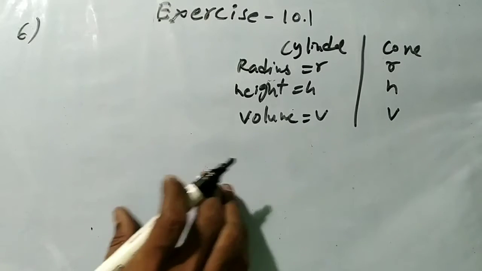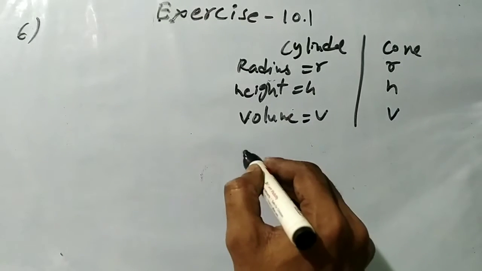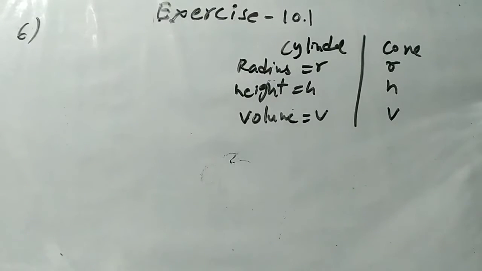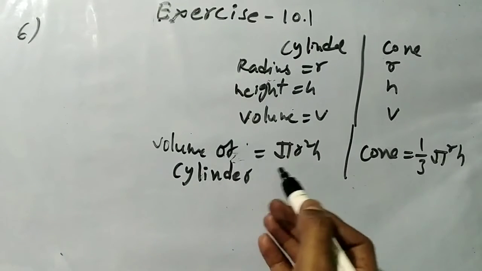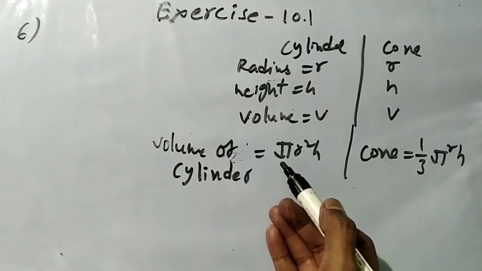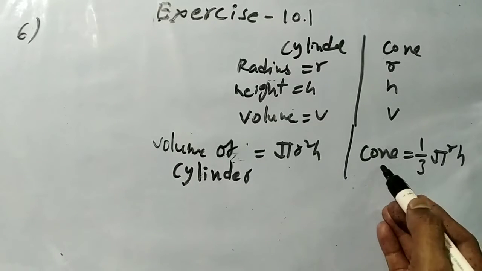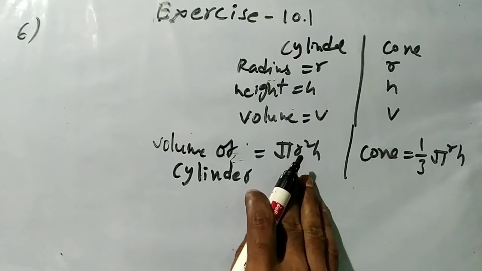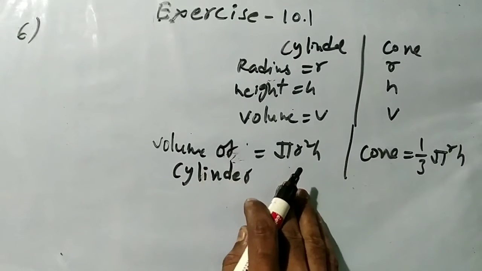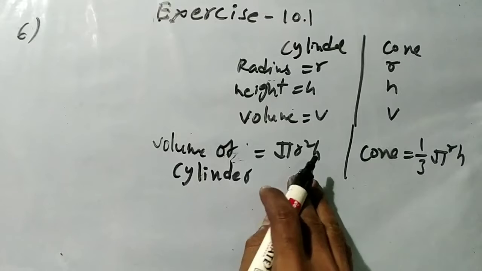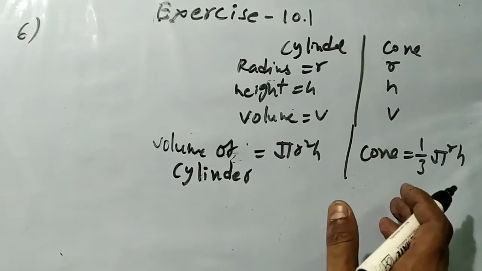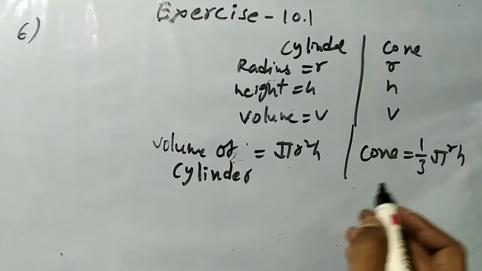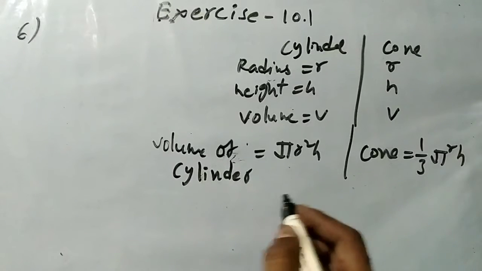So let's take the volume of a cylinder and the volume of a cone. The volume of a cylinder is pi r square h, and the cone is equal to 1/3 pi r square h. These formulas are from the first table given at the beginning of the chapter of the main textbook, so no need to go through that. So just equating,